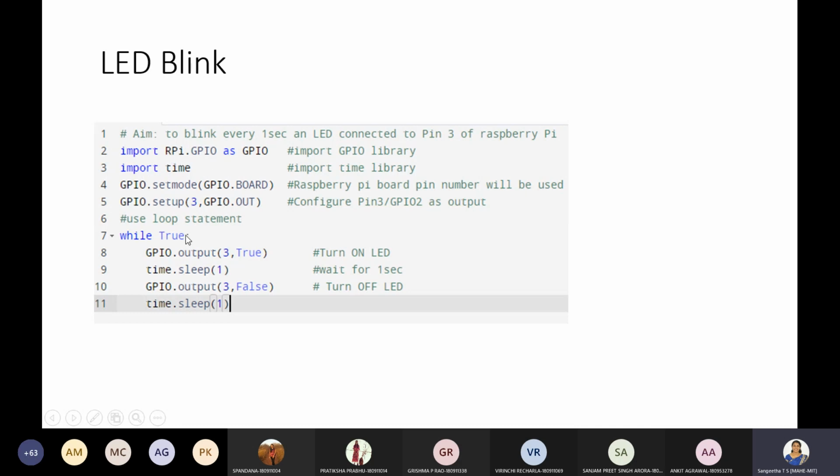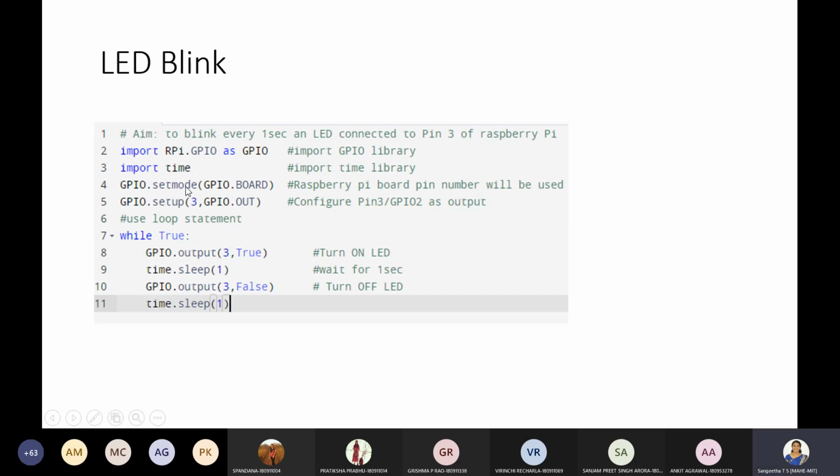Then, since I am taking care of one more parameter here, that is time, the LED has to blink only for 1 second. So we require another supporting file for time. So import the library time. If not present, again pip install.